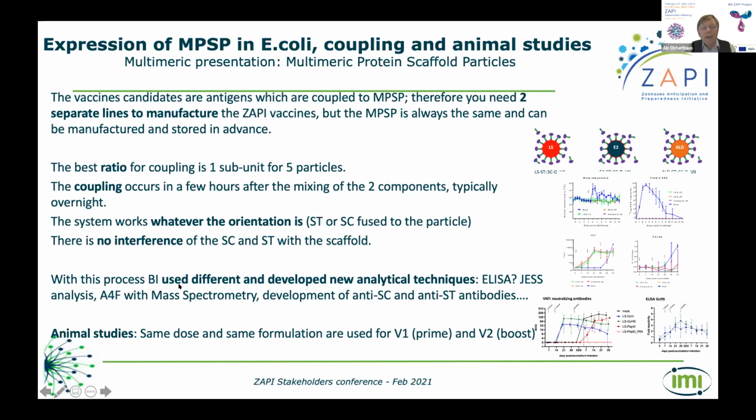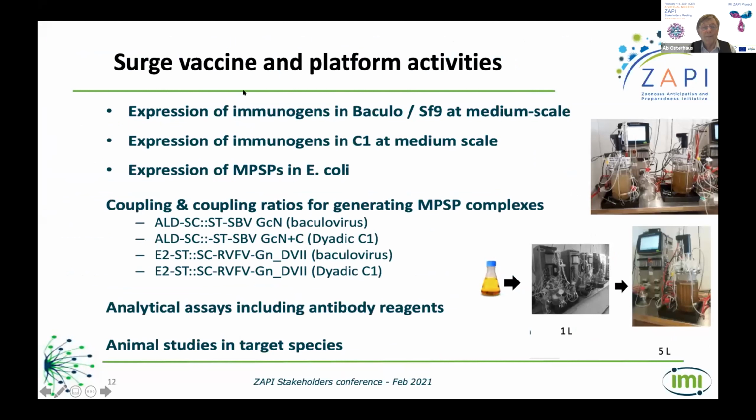Boehringer used different systems, different processes, and developed new analytical techniques, as we have heard from Jean-Christophe, which he quite nicely explained. And a lot of animal studies have been done in the meantime, as we have seen. Good. So when we look then at some of these, when we look at search capacity and search in relation